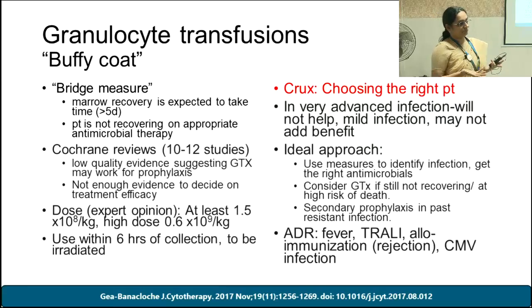Again, I think choosing the right patient is key. If the patient is too sick, he's not going to benefit. If too mild, he will recover anyway. So I think you people are the best in deciding who will benefit more, because while we can advise you on what drugs to give, when a patient is going to recover from the neutropenia is not something that an ID person or a microbiologist can help you with. You know when the patient will. So if somebody you think is not going to recover and we have optimized and ID has done their best, then probably.